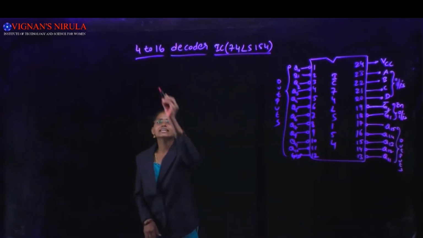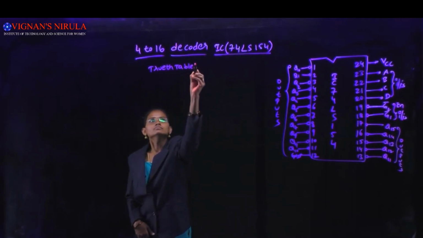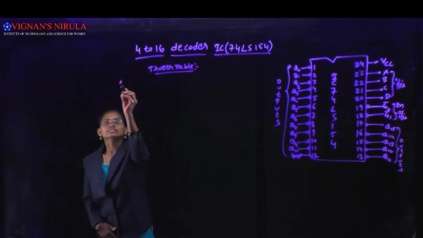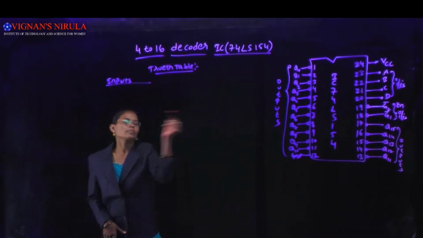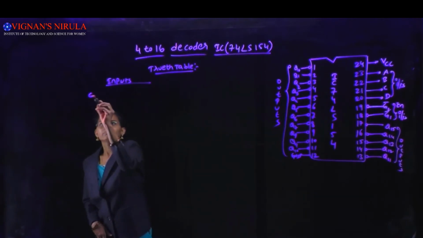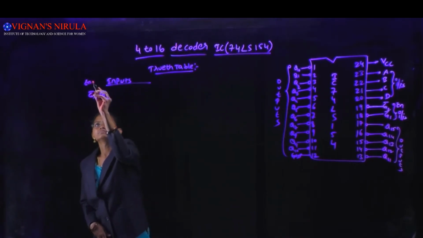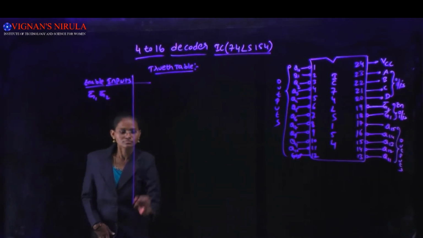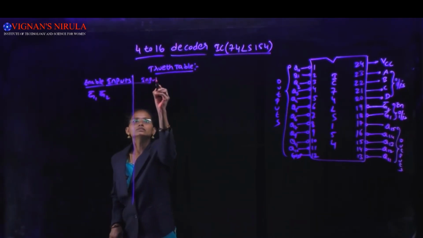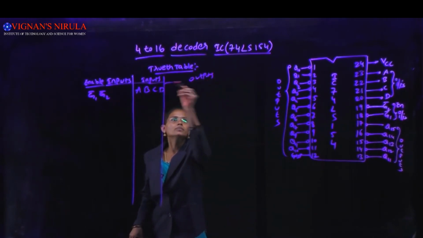Okay, next see the truth table. In this, the inputs are G1 bar and G2 bar. These are the enable inputs, and normally the inputs are 4 inputs. They are A, B, C, D. These are the 4 inputs, and the outputs are Q0 to